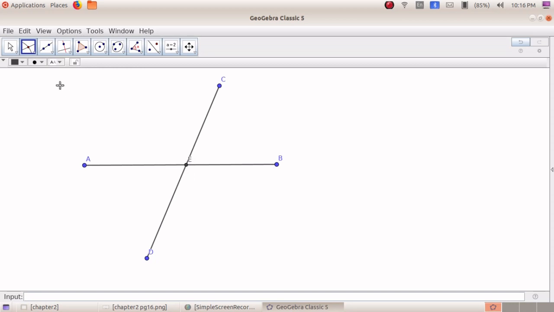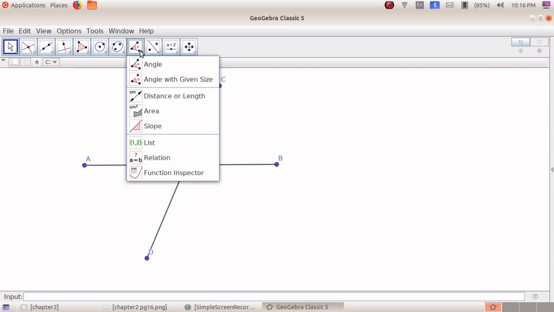To move this point, select the first option, move tool. We know the move tool is used to change the position of the lines. So click and drag this E point, and I can see it clearly. To find the angle between these two lines, click on the 8th group tool, angle.